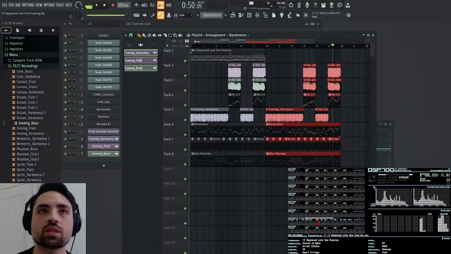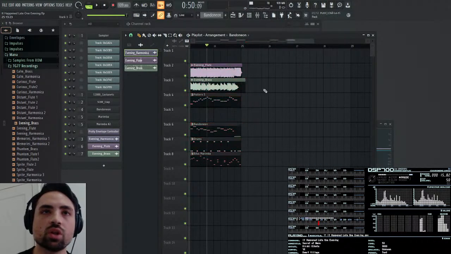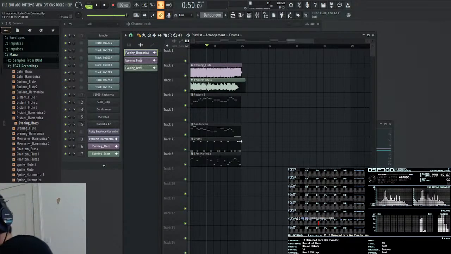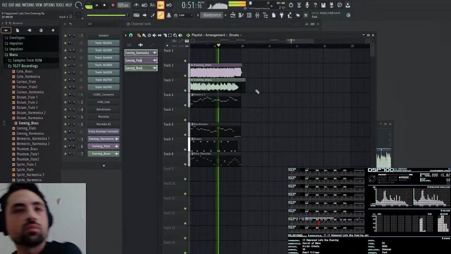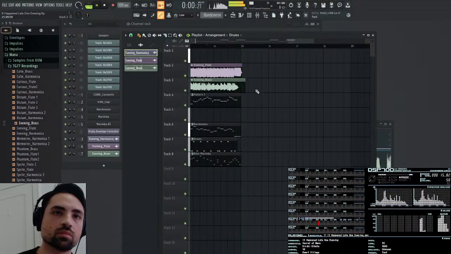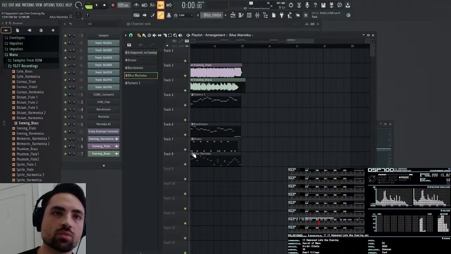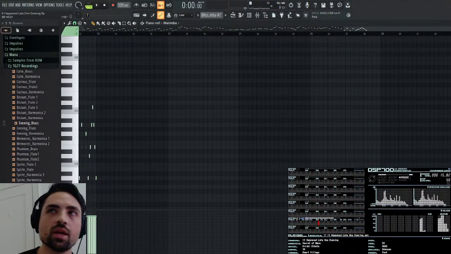And actually, as far as the ending goes, this really already has an ending. It just needs the final note. Let me just remove the ending drums that lead into the next part. And da-da-da-da-dum. And we can make the marimba. Let's press the marimba pattern and select make unique, and let's make it end on that same note.